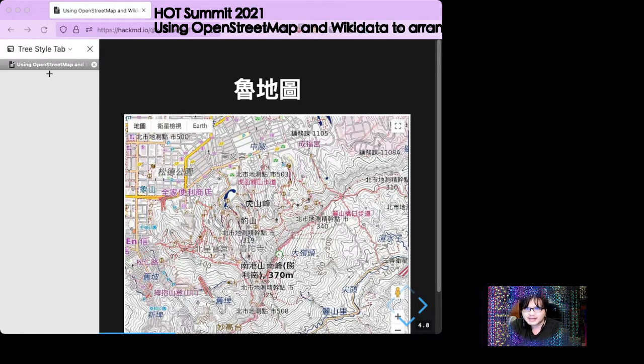It is a routing map that focuses on hiking. Taiwanese hikers use it to plan their hiking trips in the Taiwan mountain areas, and ordinary people also use it for hills around the city areas.